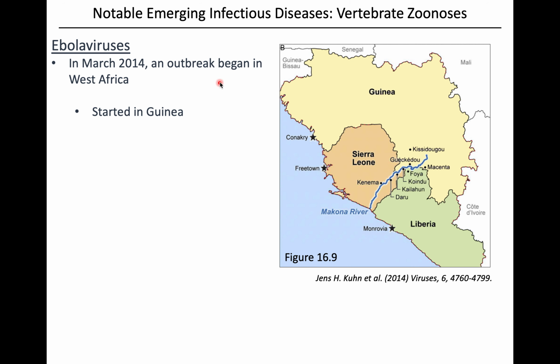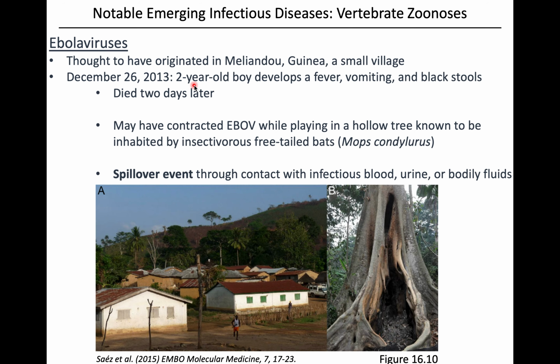But we had a big recent outbreak in 2014. This started in West Africa and Guinea, and is thought to have started in this very small town with a little toddler, a 2-year-old boy that was infected and died in late 2013. So, characteristic Ebola symptoms: high fever, vomiting, black stool indicating internal bleeding. And they believe he may have contracted it just playing outside in a hollow tree, something similar to this,